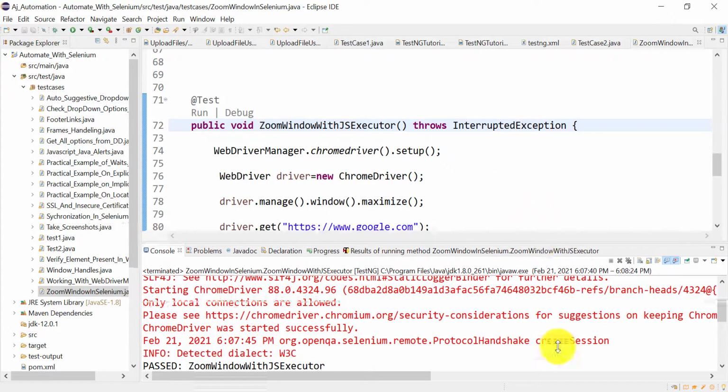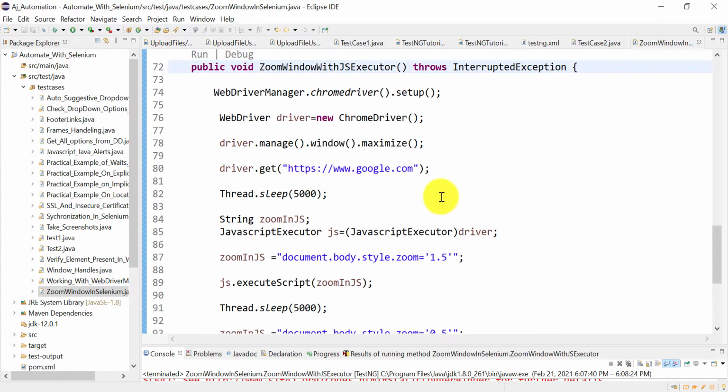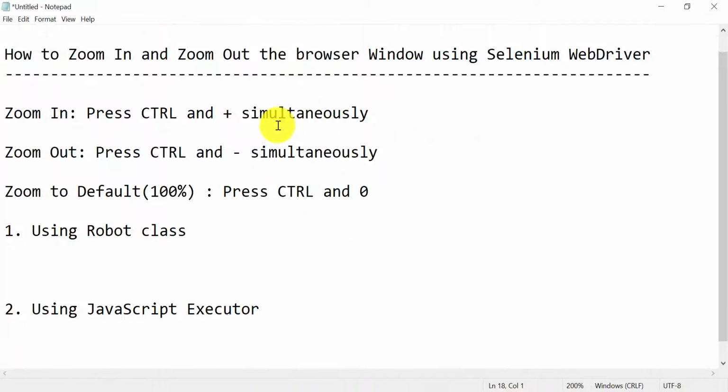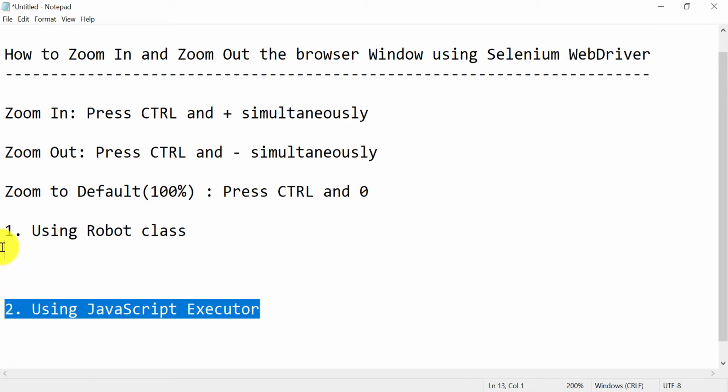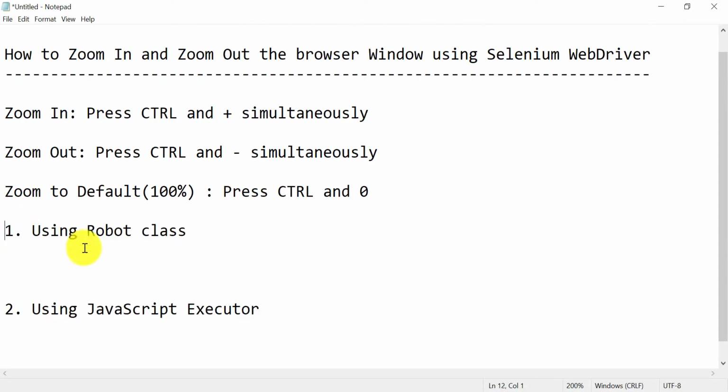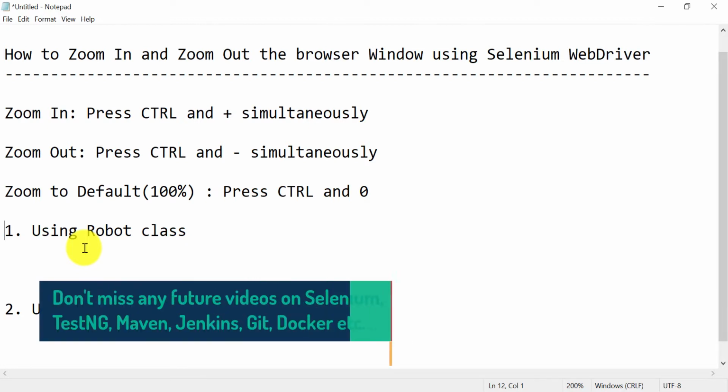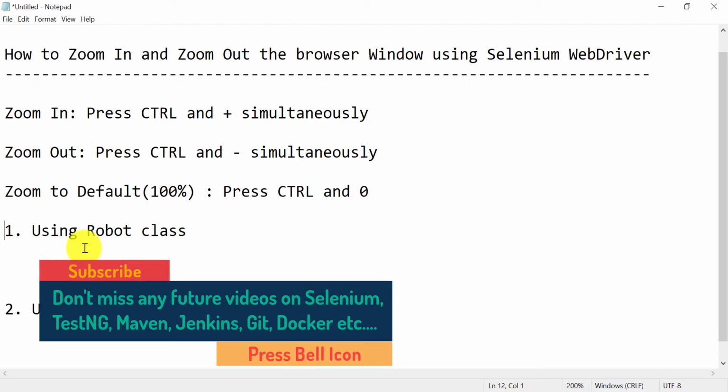Okay, so this is how you can use the JavaScript executor. So I hope you have understood how you can zoom in or zoom out. So in an interview, if someone asks you, you can explain both ways. Okay, so I hope this session will be helpful for you in the interviews also, and from a knowledge point of view also. It is very important how you can do the key events or keyboard events also using the Robot class.